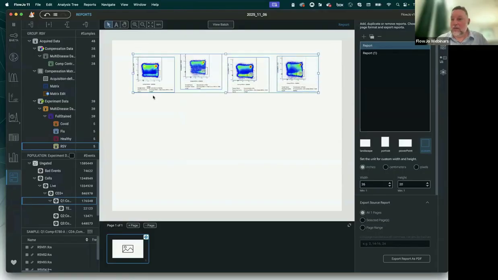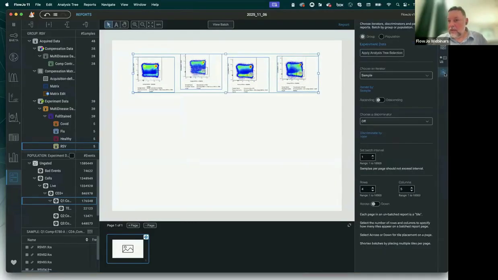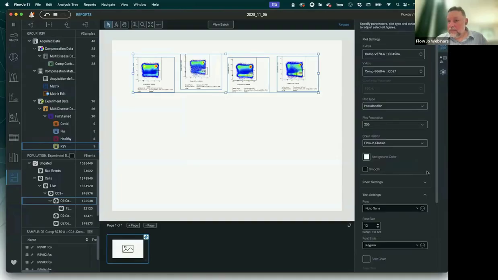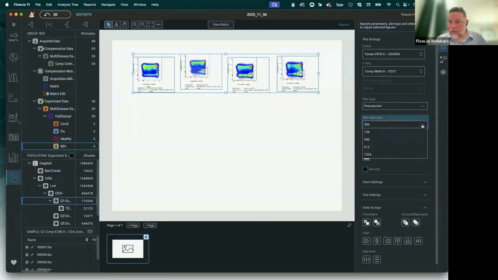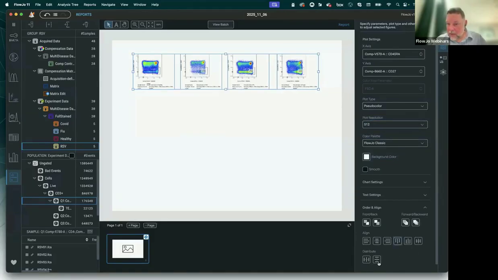And of course, if you want to, you can have alignment and chart and text settings. So you can change all of these features here. If I want to increase the resolution of the plots I don't have to go back to the graph window. I can do all of those changes here. I can also change the X and Y axes. So I want to make them 512. If I want to align them, top and space them around the center, I can,